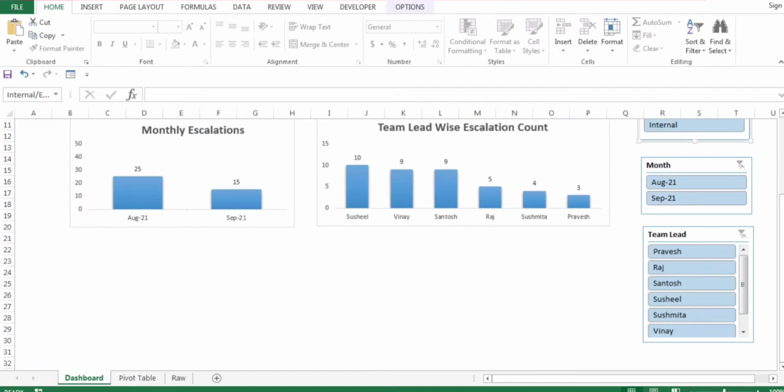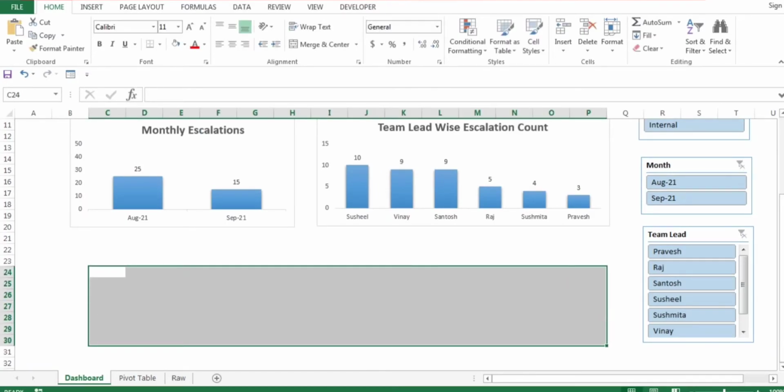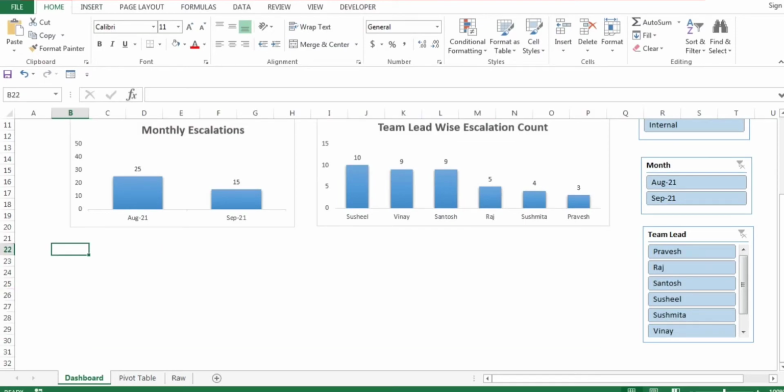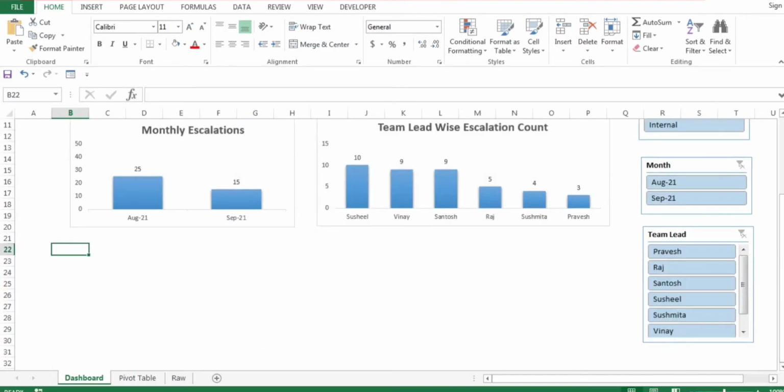Now I want date wise details. Guys, if you are getting confused anywhere, just message me in the chat so that I can help you out. Just suggest to me where you guys require help, so I will be available, guys, and I will give you the response in the feedback section. Okay, now what I'll do, I'll just add a date.